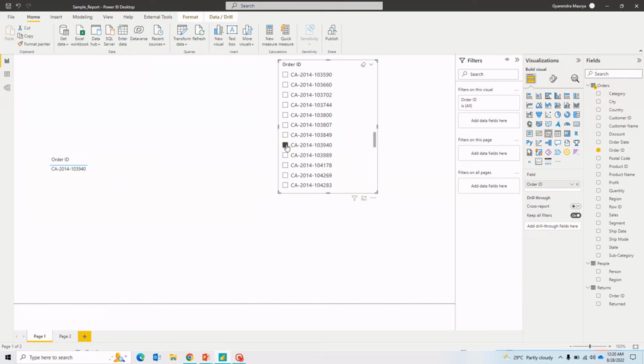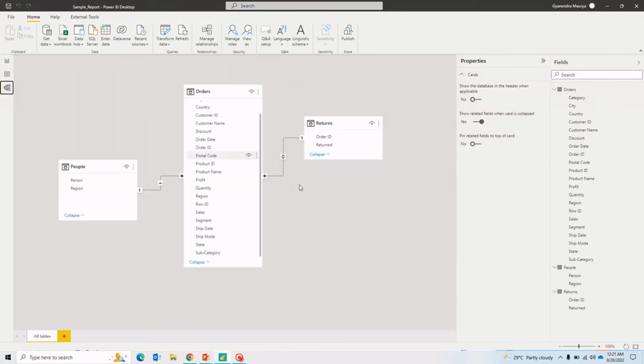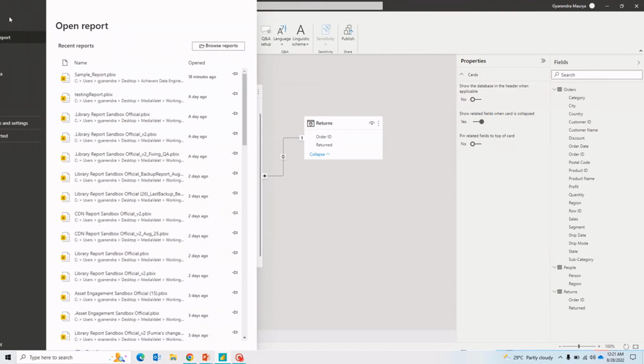Yeah, you can see here. So this order ID must have a return. That's why we are able to see. So then in a nutshell, now the cross filtering is working in both the directions. All right, now there are some other ways as well. So if I go into the files,